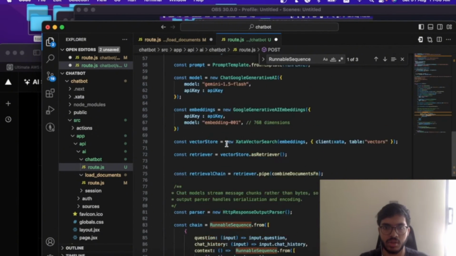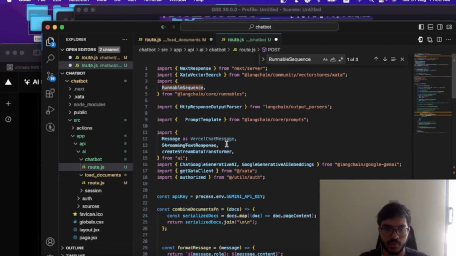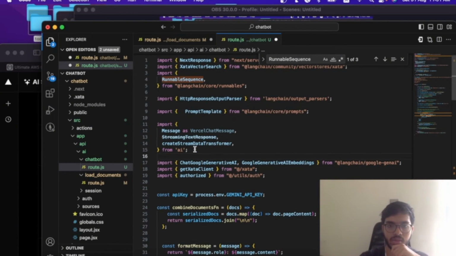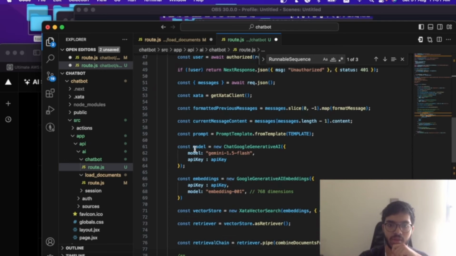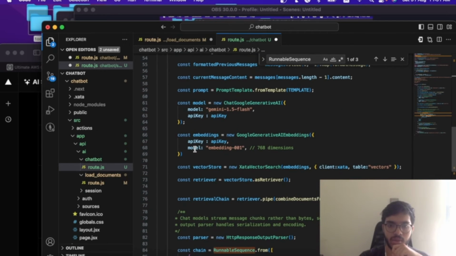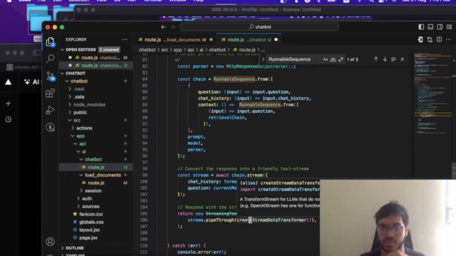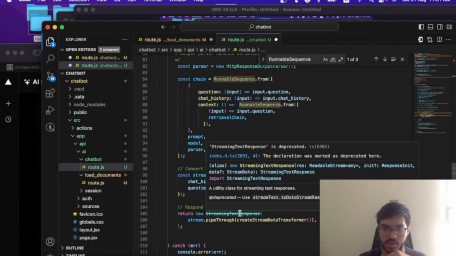Well, basically what you need to do is import all of these because we're going to be using them. You need to import the message streaming text response and create data stream transformer. So after we have the stream response back from the LLM, from a large language model, you need to convert that to a transform stream and then wrap it into a streaming text response,